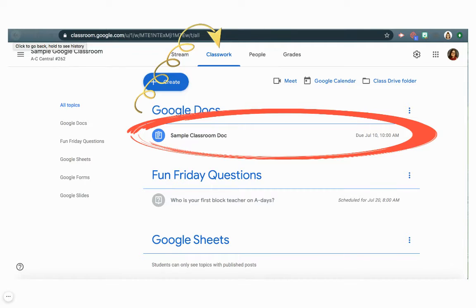The Classwork is just going to have assignments in it, and it's not going to have announcements to rifle through, and they're going to be organized by topic in this tab. So if you see the sample classroom doc that we're going to grade, and you click on that with your